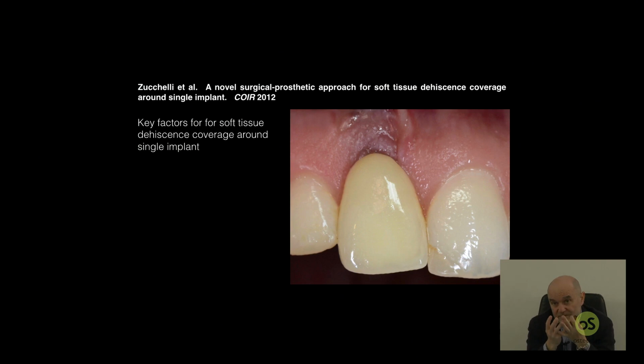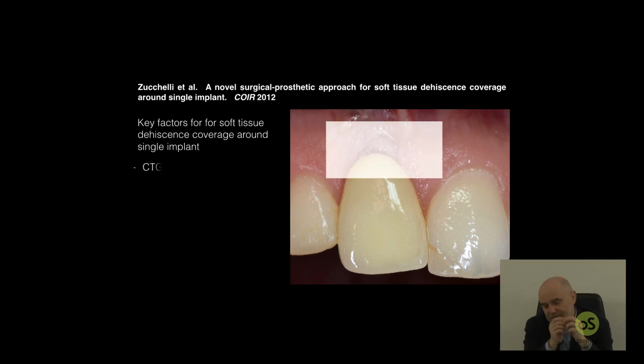The most important aspect is, if soft tissue augmentation must be made, and if this soft tissue augmentation must be made by using a connective tissue graft, what is the ideal position of this connective tissue graft? And I think that you agree with me that the connective tissue graft, which means the way we use to